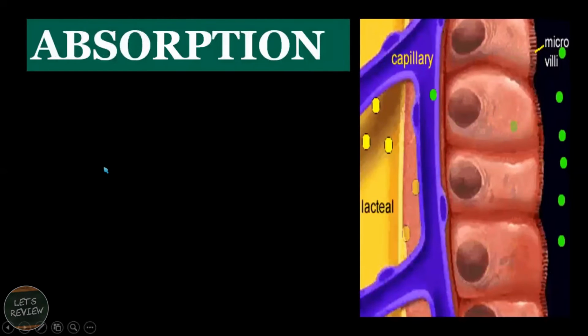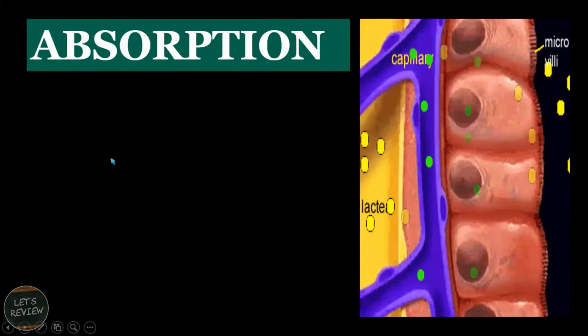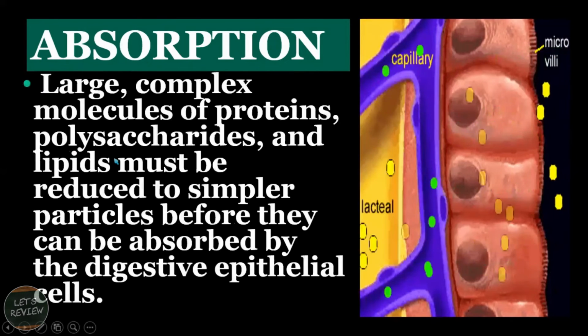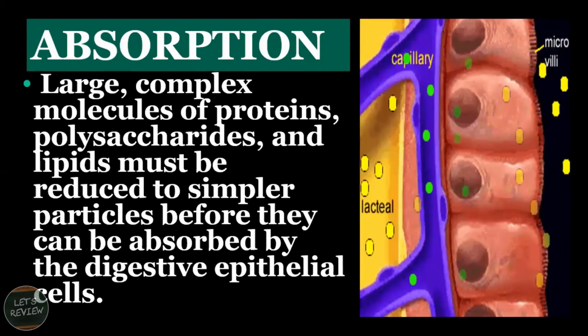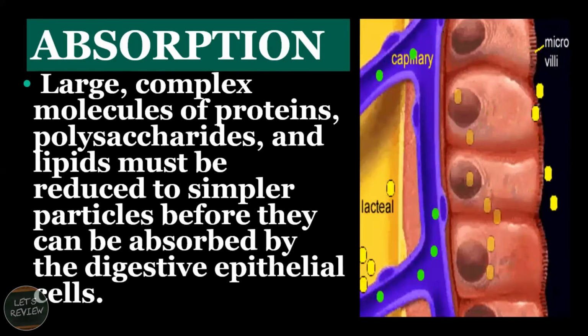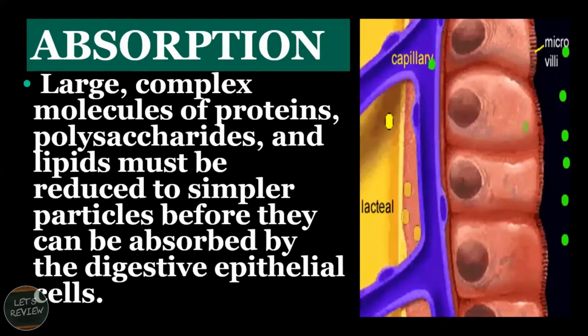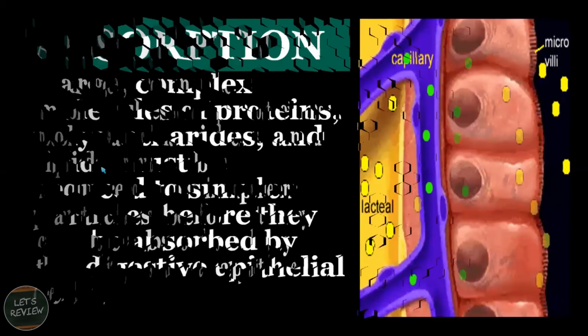From the mouth, it will happen. In the stomach, chemical digestion will also happen. After that, absorption. The large complex molecules of protein, polysaccharides, and lipids must be reduced to simpler particles before they can be absorbed by the digestive epithelial cells, like the cells that we have in the small intestine and some part of the large intestine,